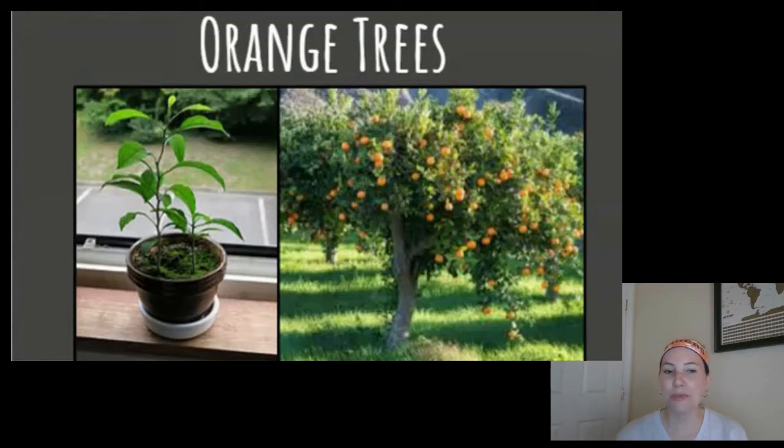I see the same green leaves. I also know they both need water, air, and sunlight to survive. And I know one day that little seedling will grow as big as the parent tree and produce oranges, just like the parent tree. An orange tree seedling will never grow up and produce bananas, right?